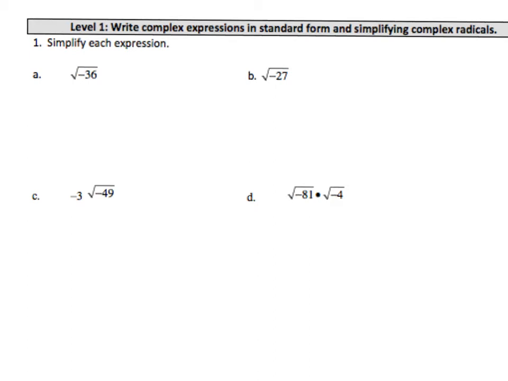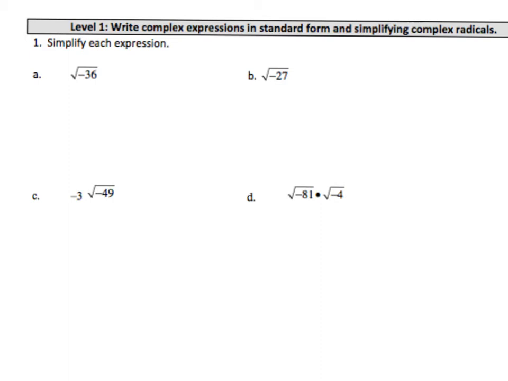Okay, 8.3 level 1. Remember way back when we started simplifying square roots and we said with square roots you can't have a negative, so we would say no solution. That's because we haven't talked about this thing called imaginary numbers. When you take a square root of a negative, it doesn't really exist because no number times itself is going to be negative